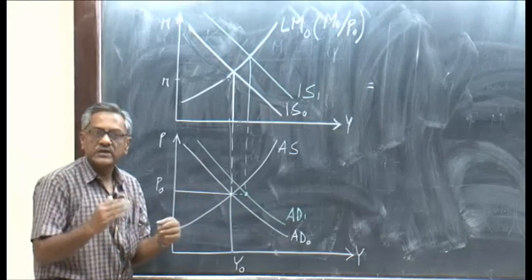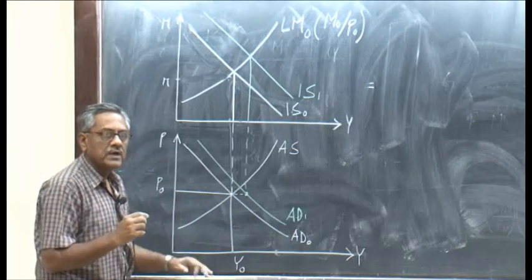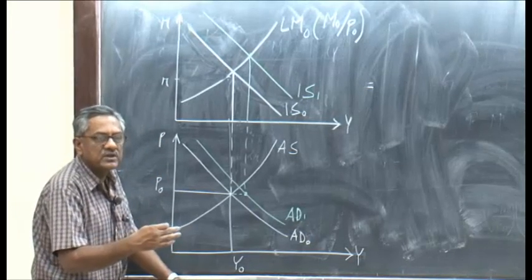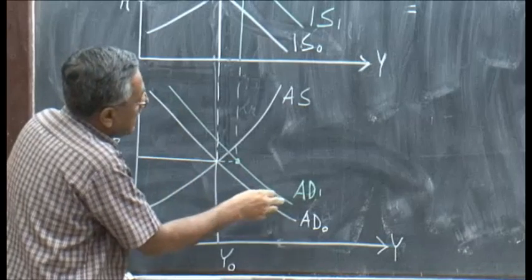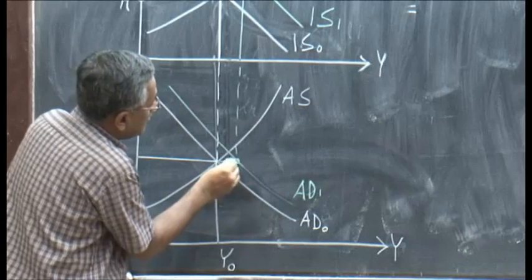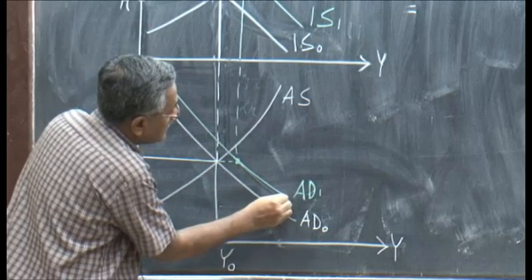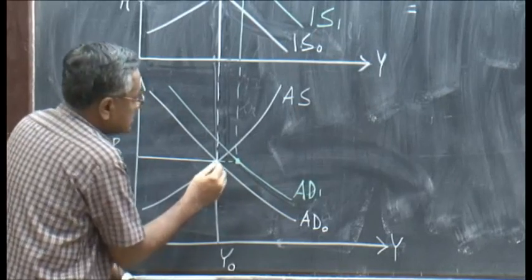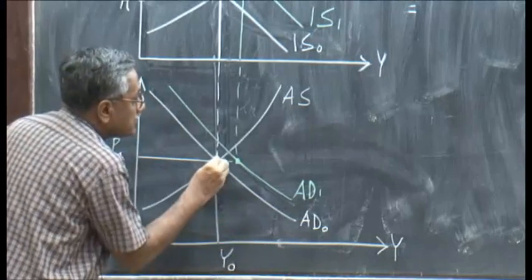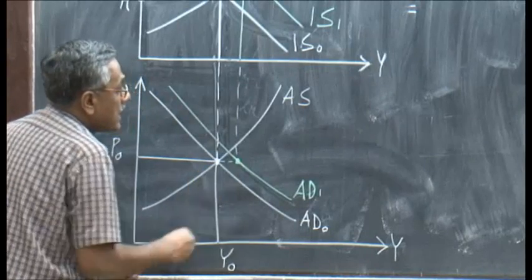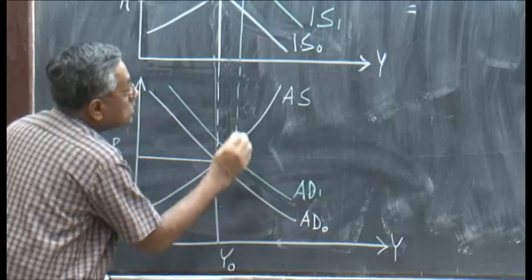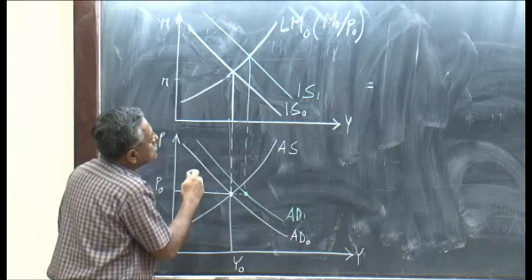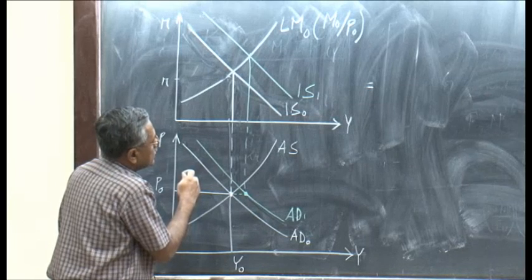So when demand increases, what is happening? The story is that the firms are running down inventories to meet the extra demand. In the aggregate demand, this line, by the way, hasn't been much of a parallel line. Probably now it is a parallel line. This original equilibrium point and this new point, which corresponds to the ISLM intersection,